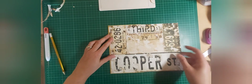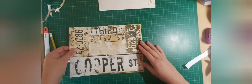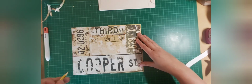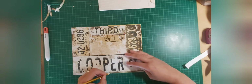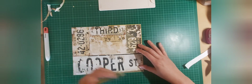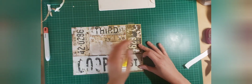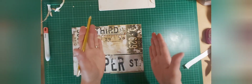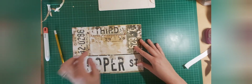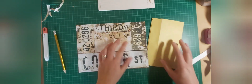Right, so all I'm going to do then, oh, do I want this side? Yes, I think I prefer this one. Okay, so this is going to go on here, and then, as we've done before, I'm just going to mark out where I need to cut. Now this is the perfect height, because this is the full size of the folio, so I don't need to take anything off the top or the bottom. I'm literally just measuring width now, which makes everything so much easier, because I've now got that perfect border top and bottom. Okay, so I'm just going to slice up there,